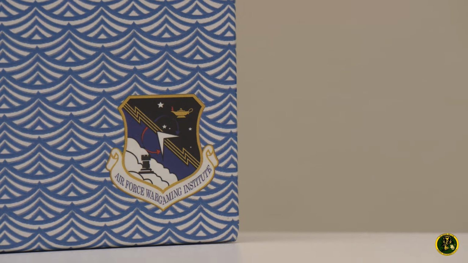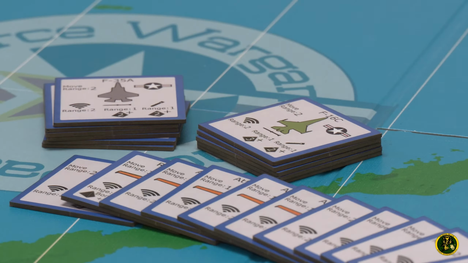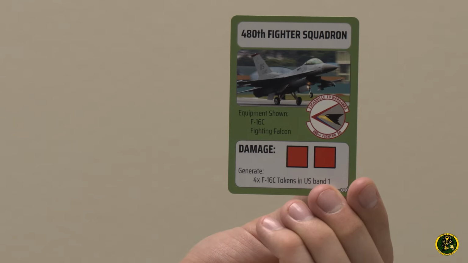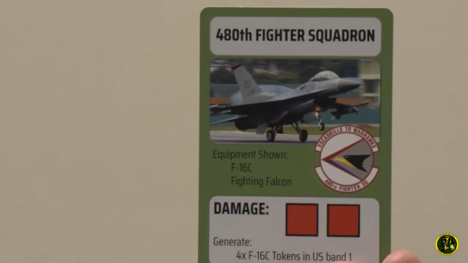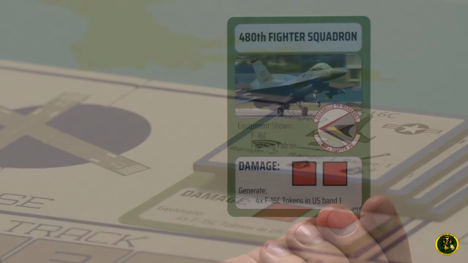So to begin the game, you and your team need to choose what planes and assets you're going to use to try and win the battle. You get to choose 4 squadron cards and 6 enabler cards. A squadron card is a single group of like airplanes. For example, the US has a squadron card for F-16s, so that single squadron card includes 4 F-16 planes, and